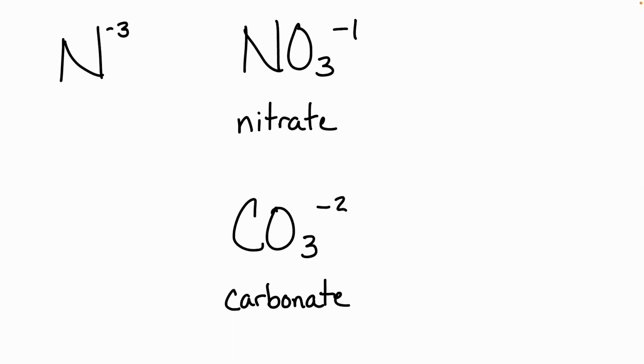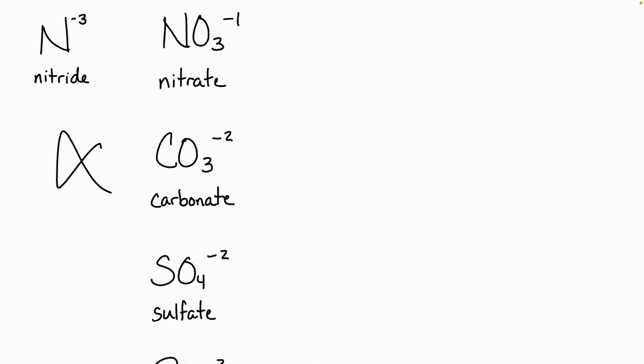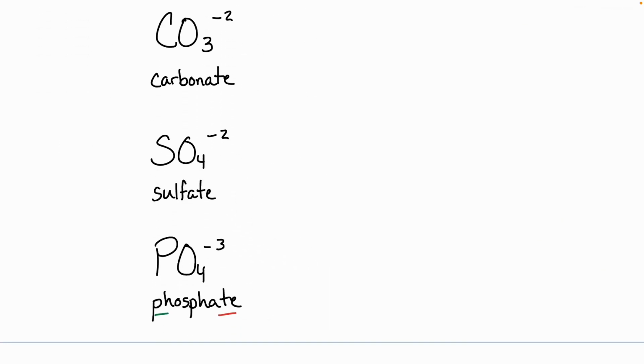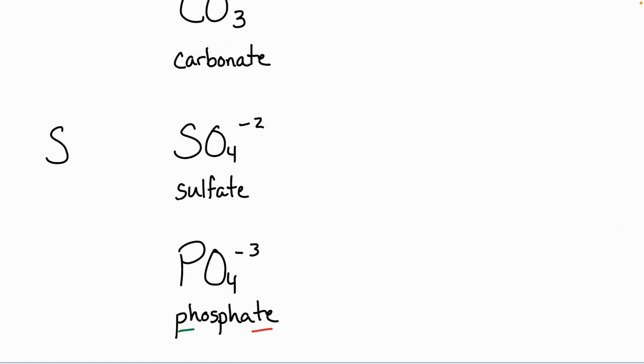Nitride, right? We put that IDE ending on. So let's put these right next to each other so we don't get them mixed up here. One of them is nitride, the other one is nitrate. There's actually no such thing as a carbonide ion, all right, but we do have S with a -2 charge